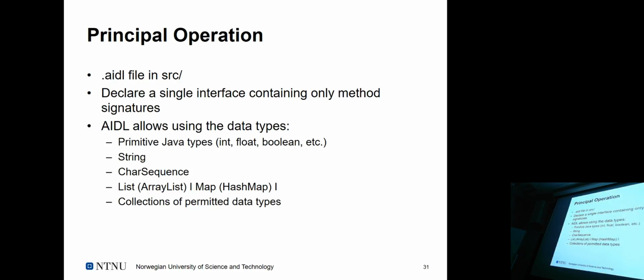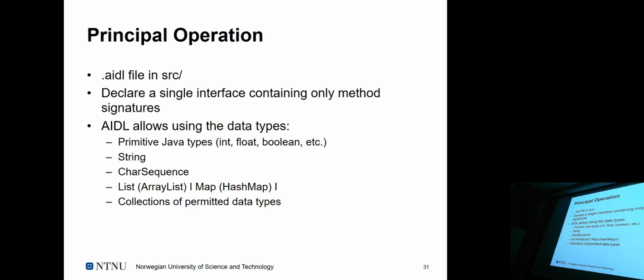Well, you have some sort of AIDL file that is specified in the source, and it declares, of course, only method signatures, and the data types that are supported are those ones, so not much more than that. Usual primitive types, slightly more complex types here, or in fact, some collection specializations being the list, practically the ArrayList and the HashMap, and collections of permitted data types, basically. So that's all what's supported. So you kind of need to break down the message content or the payload to those primitive types, right?